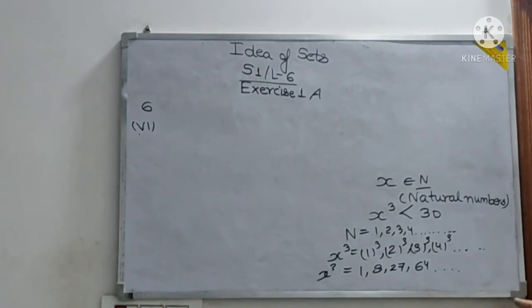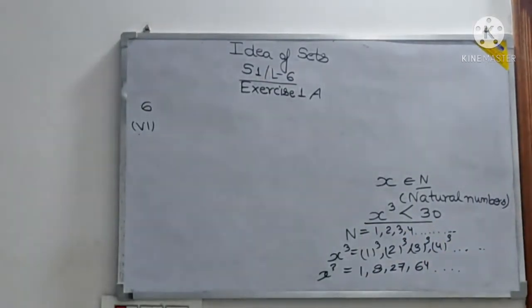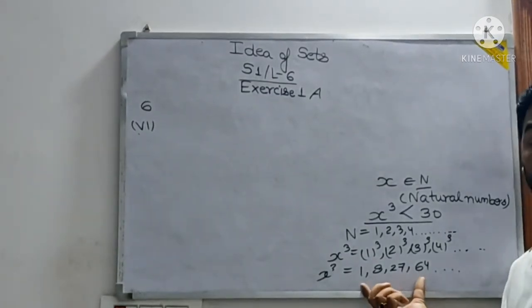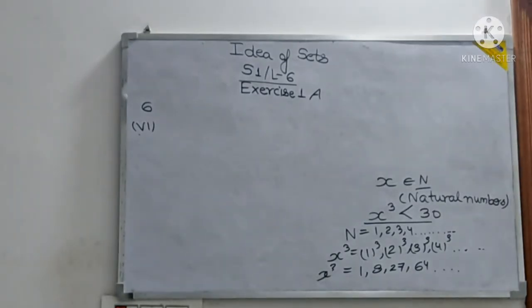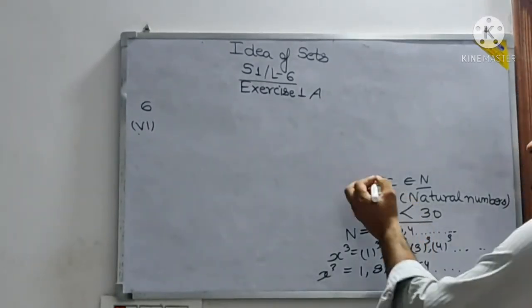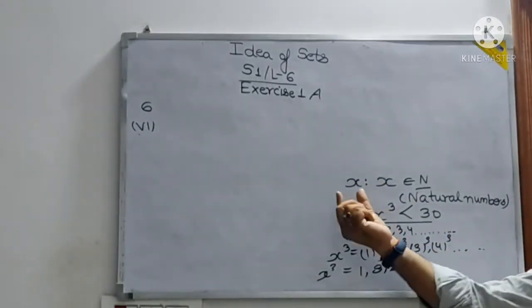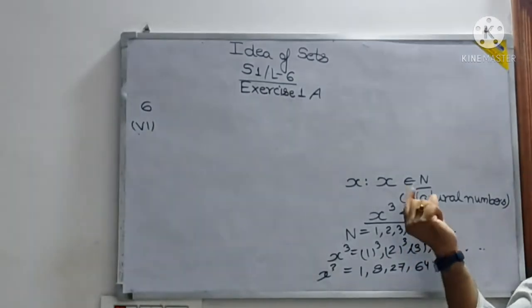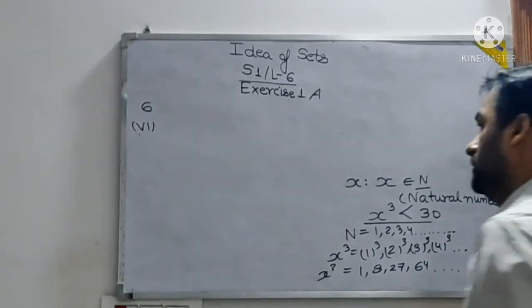Have they given a limit? Yes, they have. The limit is x cube should be less than 30. Now see here, some people may be tempted to ask, sir, why not write 1, 8, 27? No. The question is saying write the value of x only. You have to write the value of x only because it is x such that x. That means values of x have to be written such that x cube should be less than 30. And it belongs to the group of natural numbers. So we'll write here